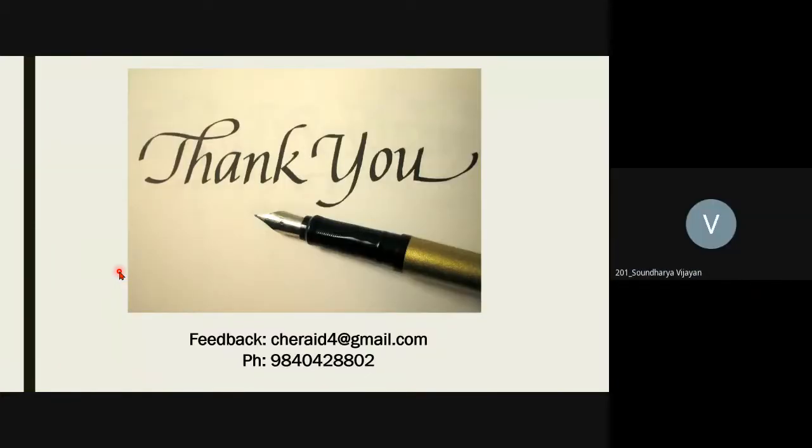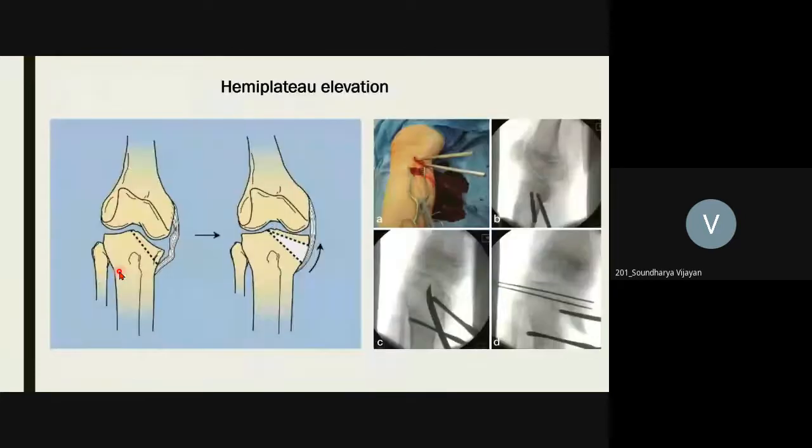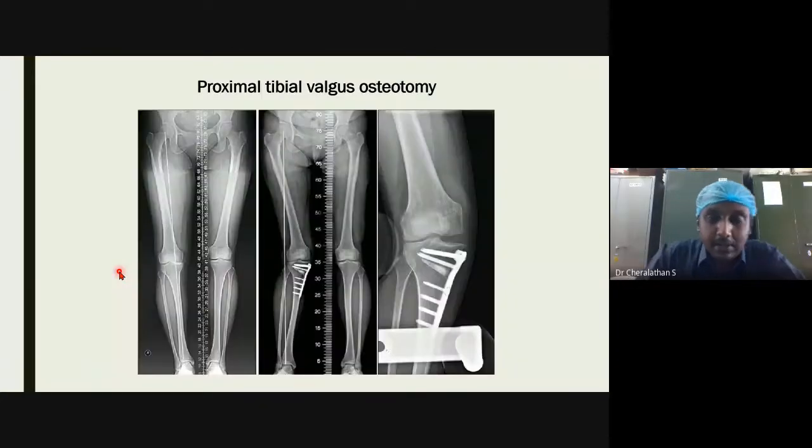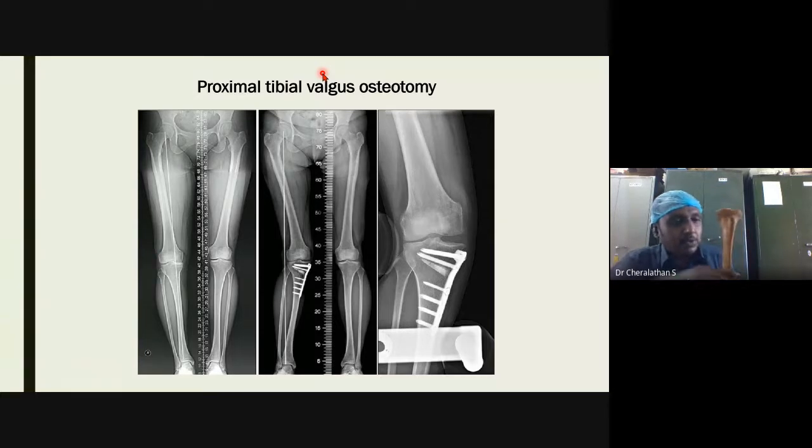Sir, osteotomy means we are removing a piece of bone. Is that the meaning? Okay, fine. See, any cut in the bone is called osteotomy. Any cut, right? Now, what you are going to do after the osteotomy determines the valgus, varus, opening wedge or closing wedge. Actually, that will take a lot of time to explain to you. I'll try to be as brief as possible.